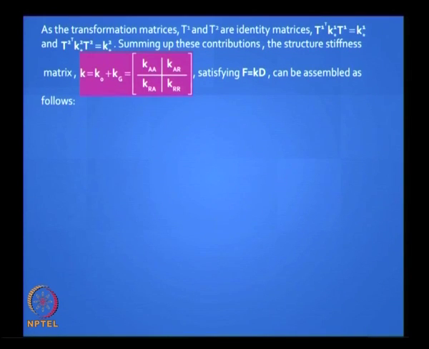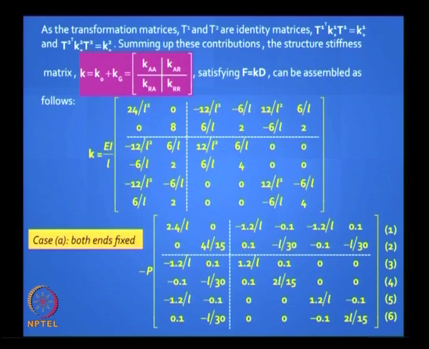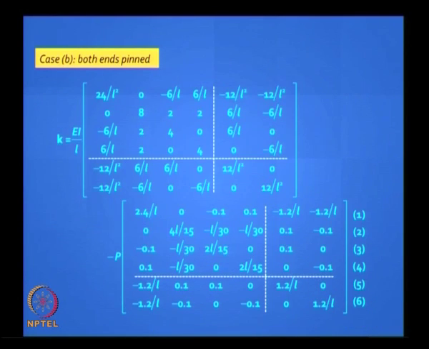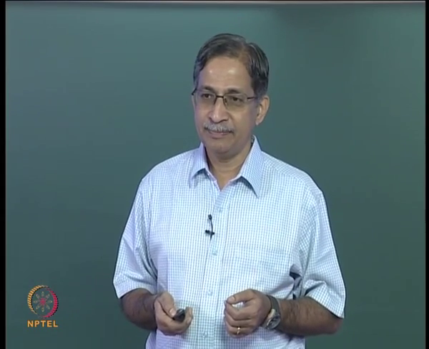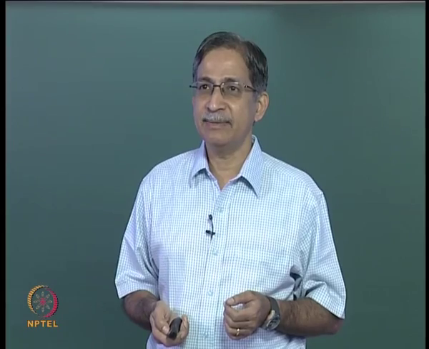Then you generate the structure stiffness matrix, case A both ends fixed. Please note that minus P stands out in the geometric part, and second case both ends pinned, you can easily generate this. What do you do next? You have got the KA for both of them. Let us take the first case first. You write down the determinant, that is it. So this is your